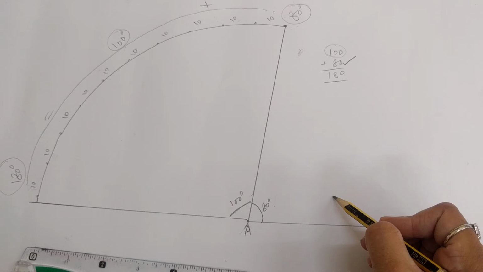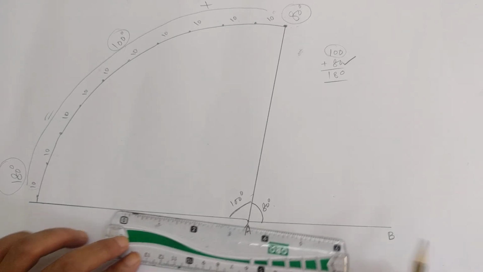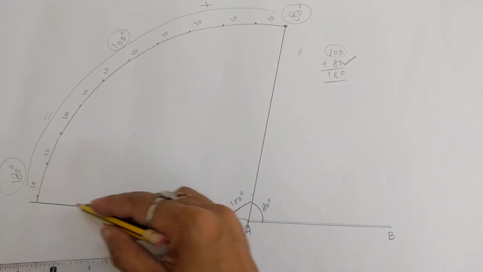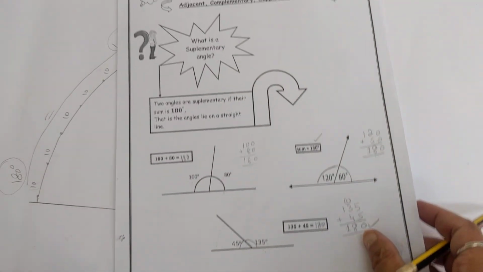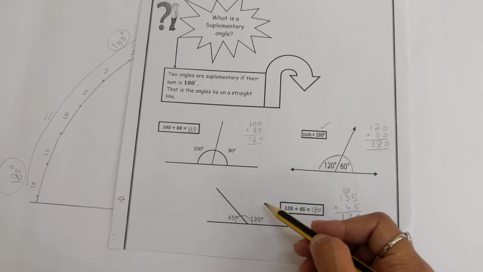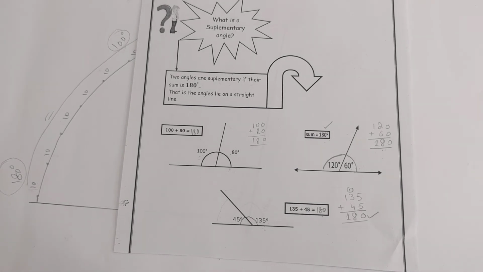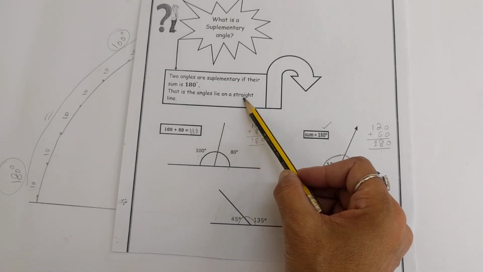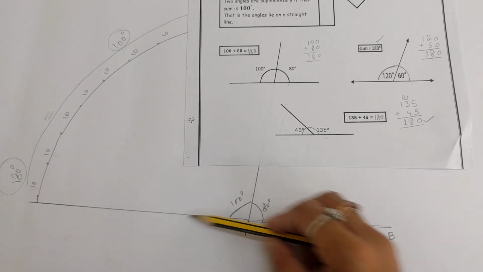The sum of the first angle and the second angle should be equal to 180 degrees, and as I told you, a 180 degree angle is a straight line. So this one is a straight line. Like this you can also check these two other angles by use of the protractor. For supplementary angles you should keep in mind that the sum of the two angles should be equal to 180 degrees, and that a 180 degree angle is a straight line. As you can see over here, the 180 degree is a straight line.